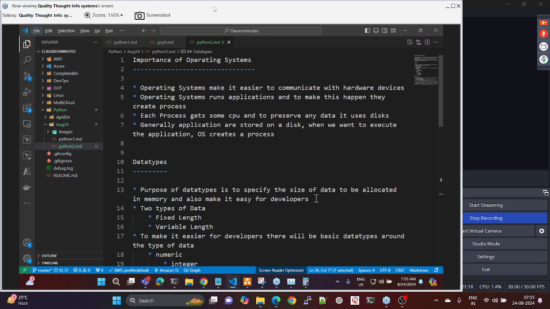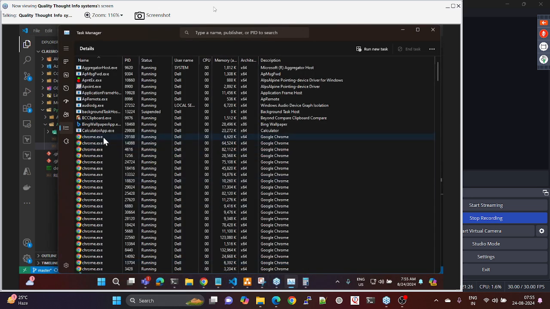Okay, so for example, a process's memory is private to itself. So for example, let me open this task manager. Chrome is there, right? The memory that is allocated to this chrome.exe cannot be accessed by another chrome.exe. Okay, so what is the problem with that and what is an advantage with that? That discussion we will try to take into the next session. But